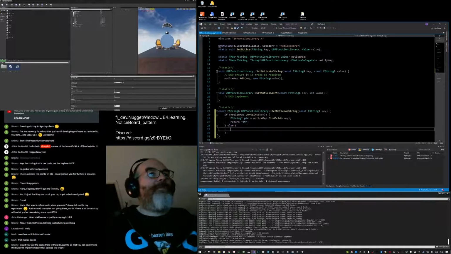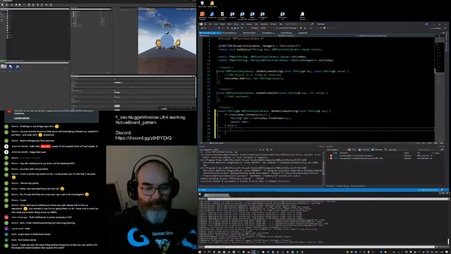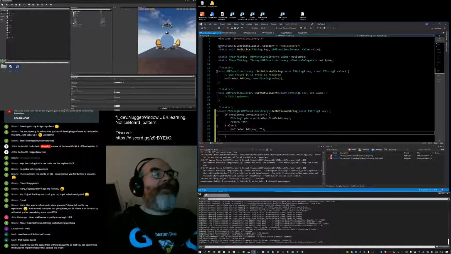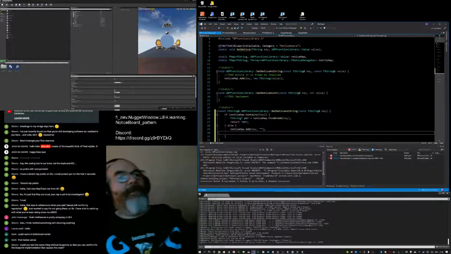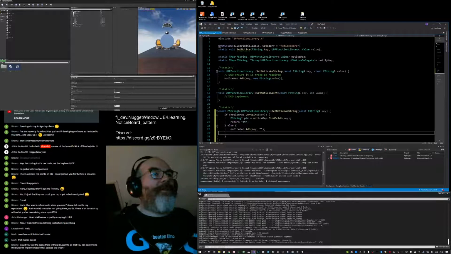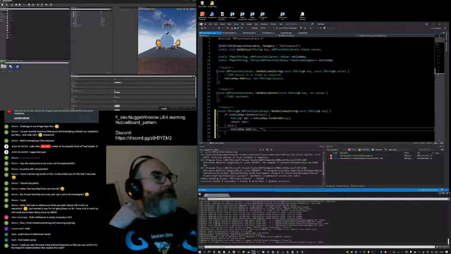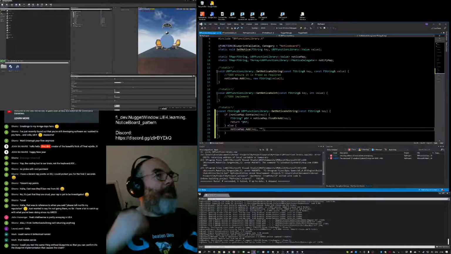In which case, do notice map add key, and for the string it's the default value of the string. So now I can explicitly define what the default value is. If it was not defined and you try to get it, this is going to return for now anyway the empty string.